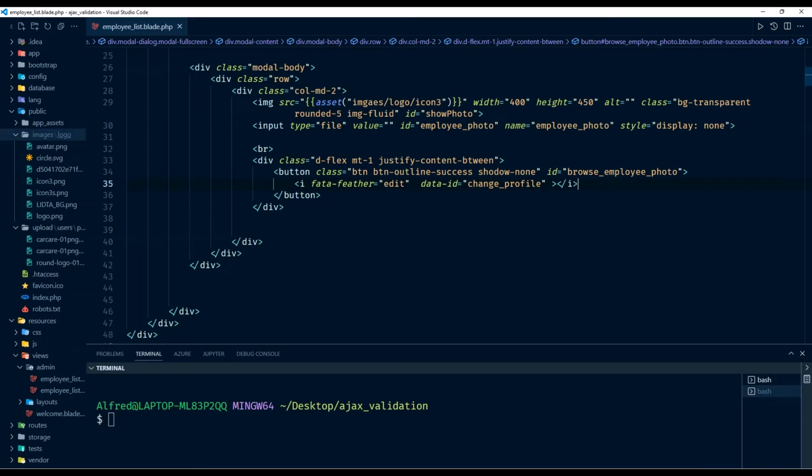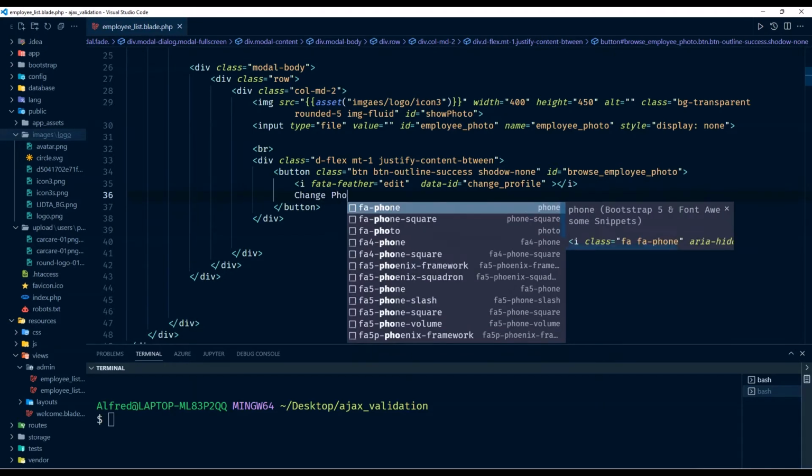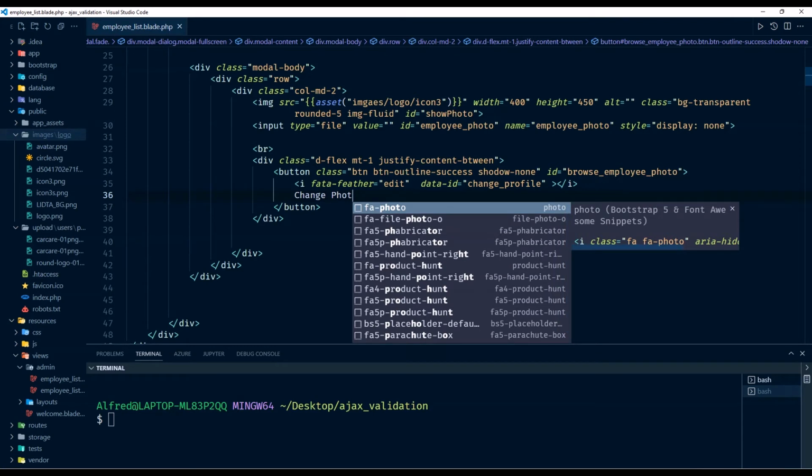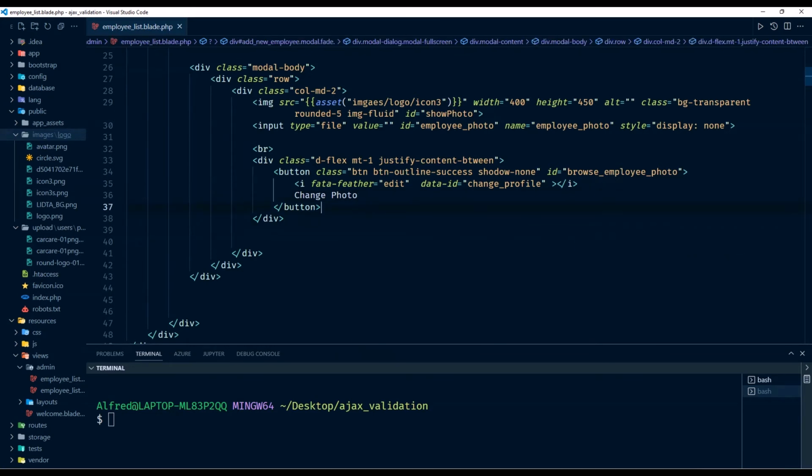Now we have a little icon there, and now we can have the name of the button. I'm going to say change photo, like that. So that's the first button,